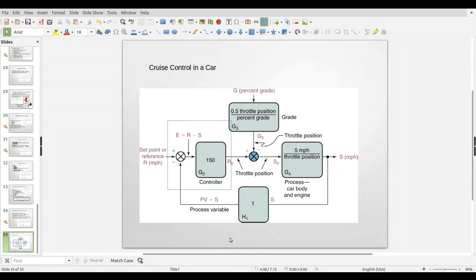All right, so if we are going to do this, one of the simplest controls is what we call proportional control. Okay, so proportional